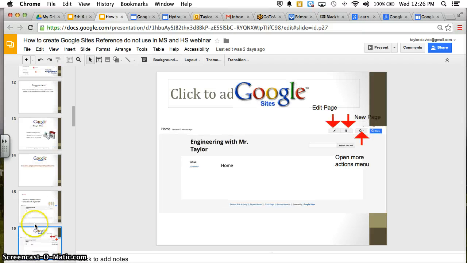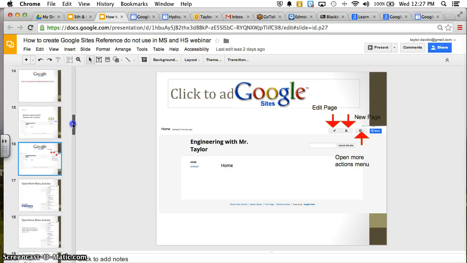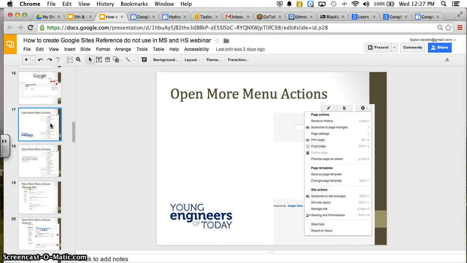the controls that you're using are edit page, new page, and open more menu options. Edit page is symbolized by a pencil. New page is symbolized by, just like you would see in Microsoft Word, a new page button. And then you have the gear-looking snowflake that really is the manager control for the whole site. When you go to the manager control, I'll actually show you that on mine, for example,